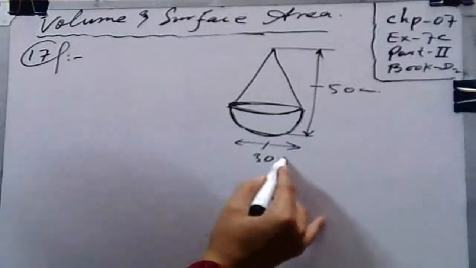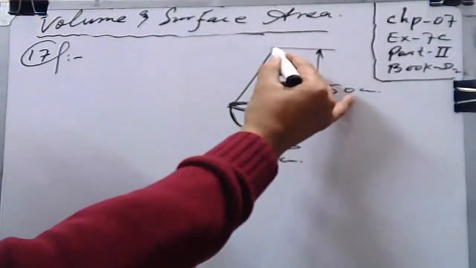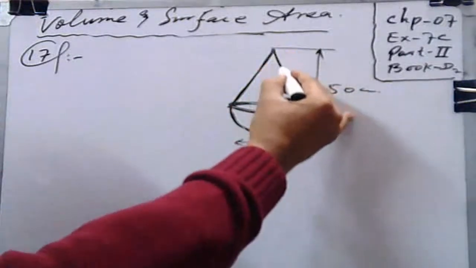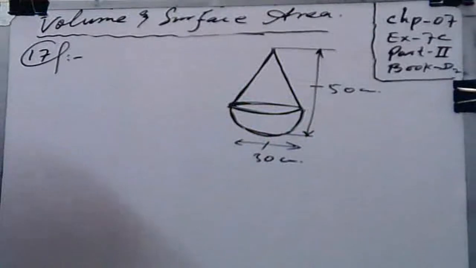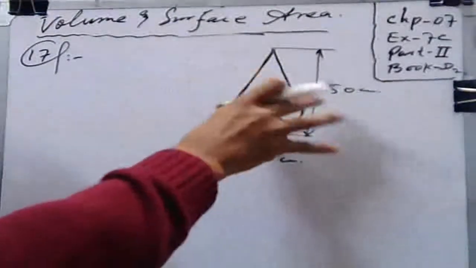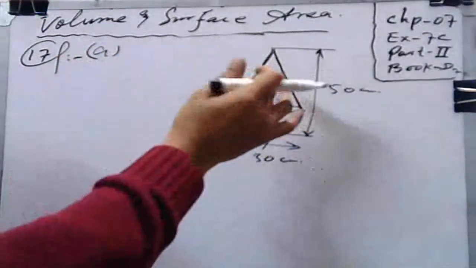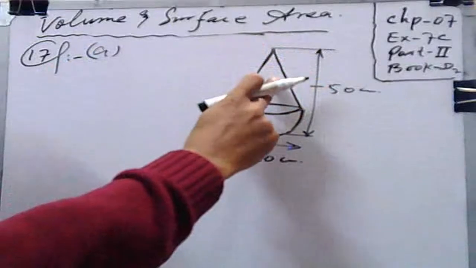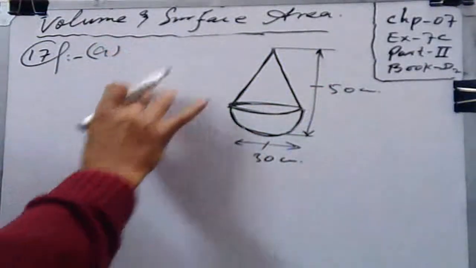Solid means volume of the given figure, that is, one is cone, second is hemisphere. So it is clear from the figure, you should understand it. We have to find the volume. So volume means volume of cone plus volume of hemisphere, and add it, you will get the total volume. So volume of cone,